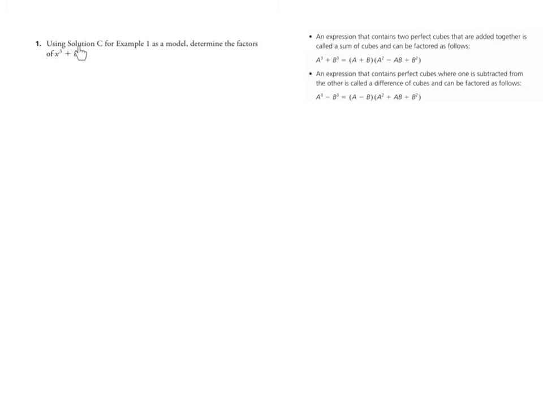All right, using solution C for example 1 as a model, determine the factors of x cubed plus b cubed. Solution C did something like this. Let's let f of x equal x cubed plus b cubed. Now let's start substituting in values of x that would make this equal to 0. I choose negative b. If I have negative b cubed plus b cubed, well, that equals 0,